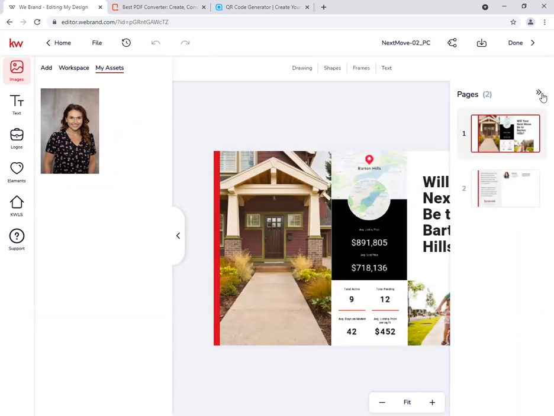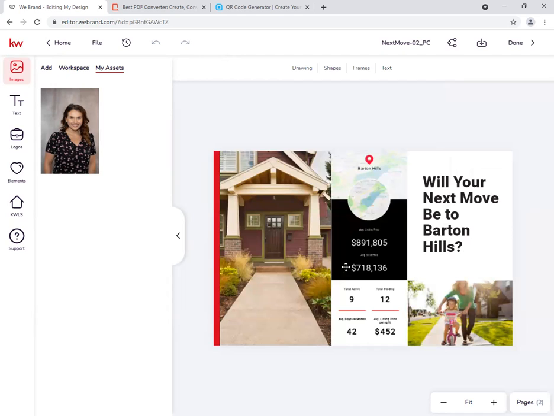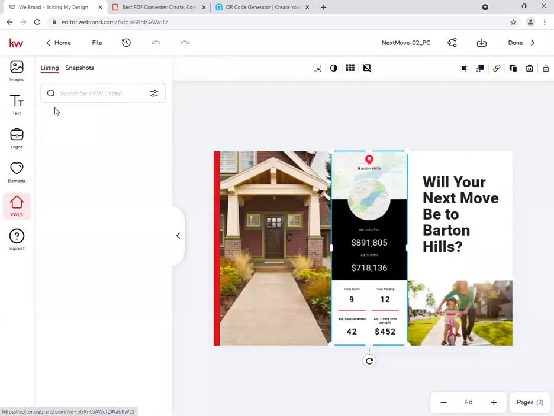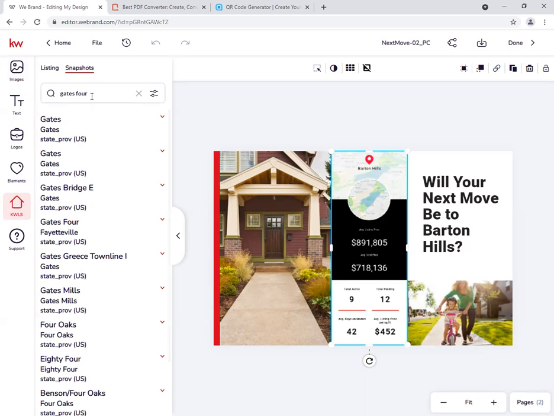So I'm just going to start with my page 1. What I want to change first is this little neighborhood snapshot. If you notice, if you click on it, it's not going to let you change it directly. This is something that Command makes for you. So I'm going to have that selected and I'm going to go over to KWLS. And this is where you can bring in a listing if you want. But if I change over to snapshots, you can search for a neighborhood name. I know that Gates 4 was an easy one to come up with earlier. So I'm just going to search for Gates 4 and hit enter. And then obviously I'm going to look for the one that is Fayetteville. And if I select that,